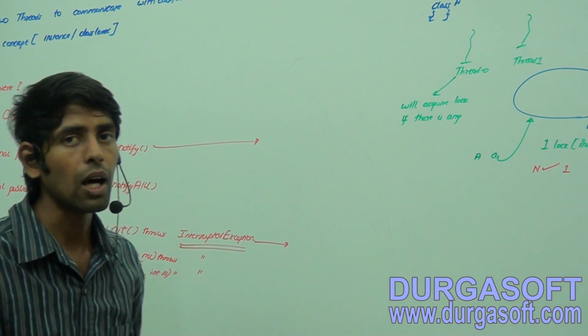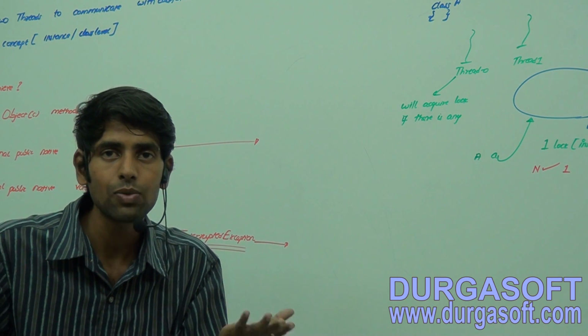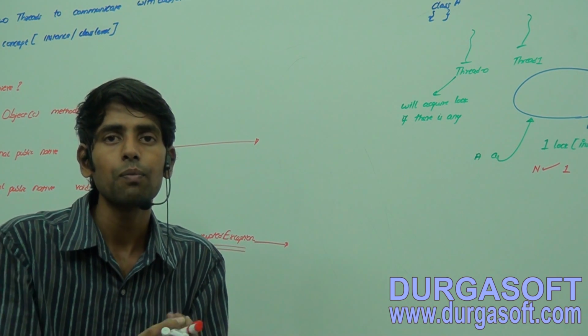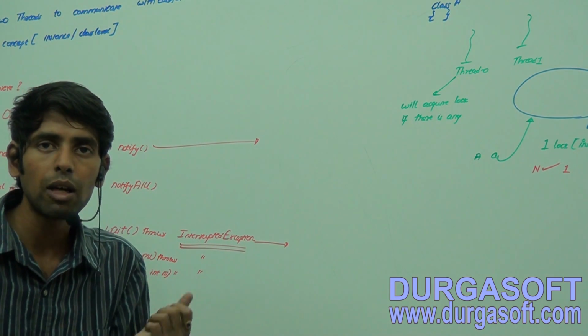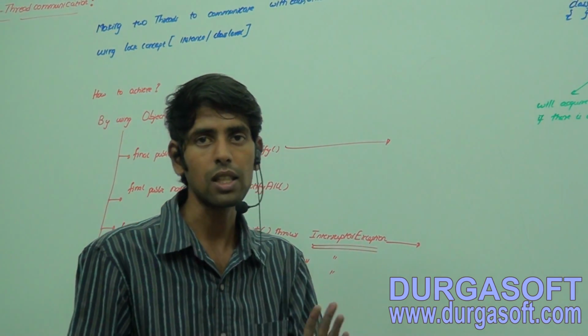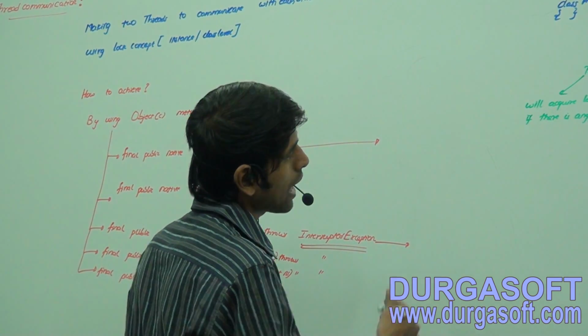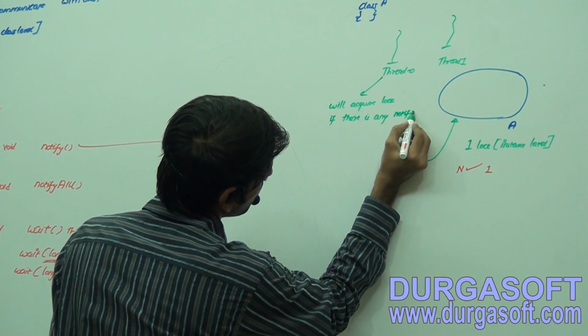Acquiring these locks internally, the implementations are in C itself and have been dumped in Java. So we'll acquire the lock if there is any notification or intimation